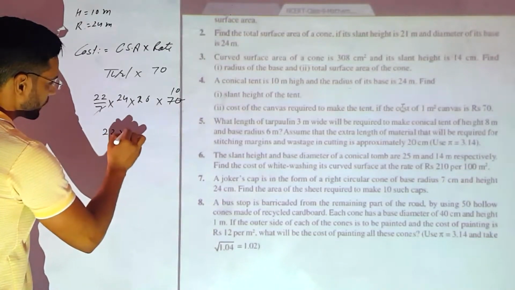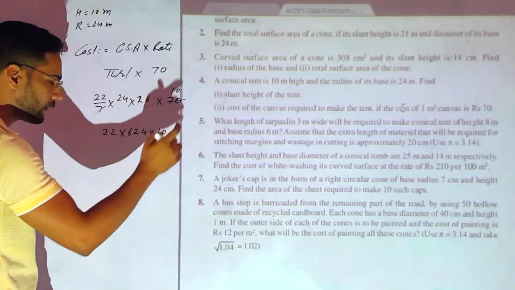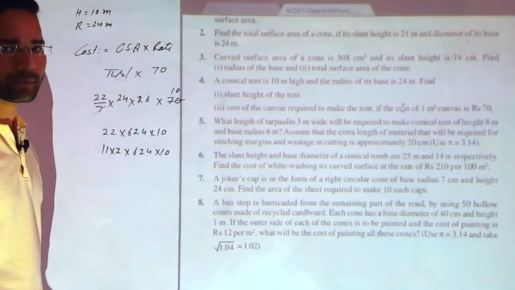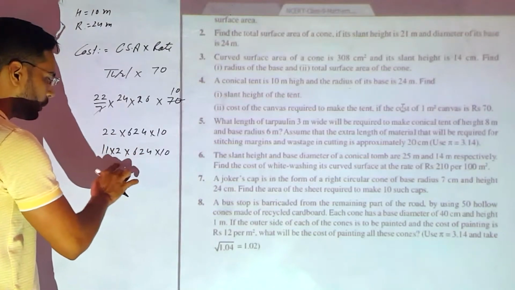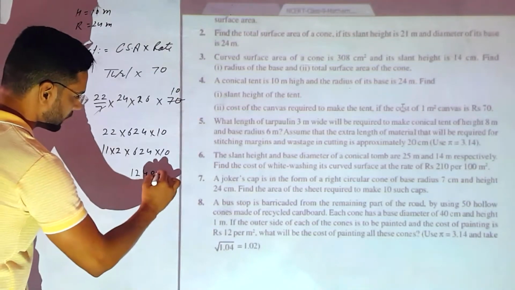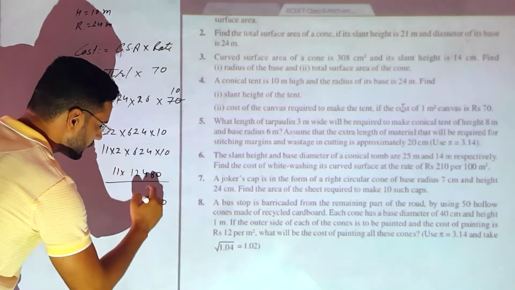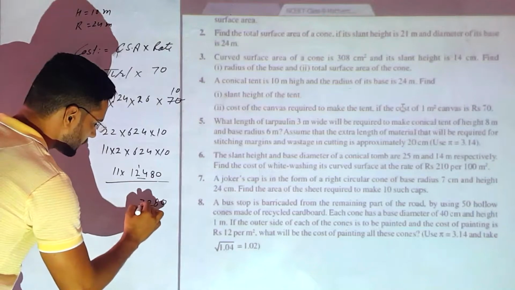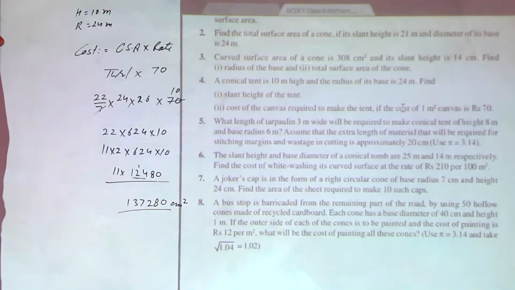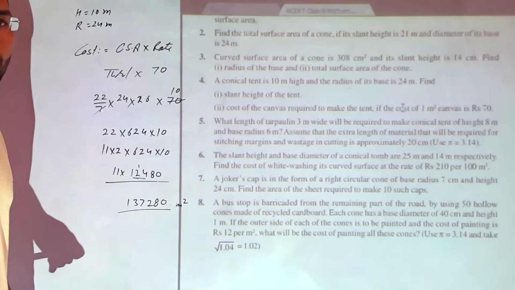Now 624 into 10 and 22. Here is 22, 624 and 10. First of all, we will multiply by this, or 20 you can do it also. 11 into 2 into 624 into 10 also. You can do like this. 624 double. 6 means 12, 2 means 4, 8, 4 means 8. 0, 11. Now it is easy. 0, 8, 12, 1 carry, 6 plus 1, 7, 3, 1, answer, meter square. Clear? That was a short trick of multiplication.